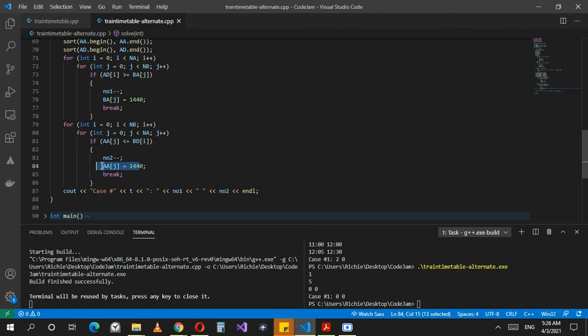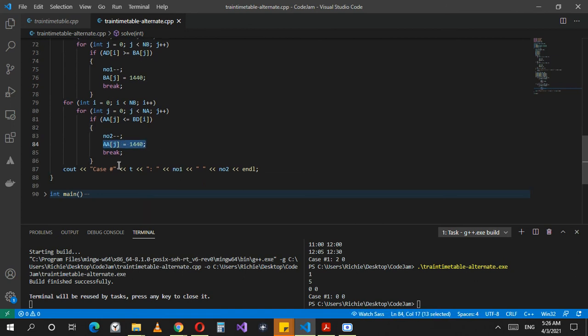Many people will try to remove it or splice it from the vector. That's just a waste of time. Like I said, 30 seconds to sort through 2.5 lakh trains. So splicing it from the vector is a huge process. It's a very costly process. It can take quite a large number of seconds. So it's not worth it. This is what you need to be doing. Then you just output number one, number two.